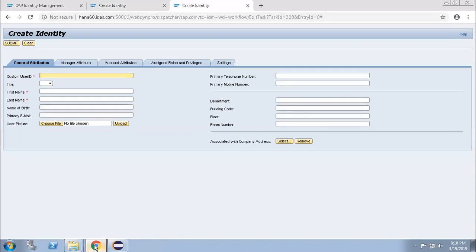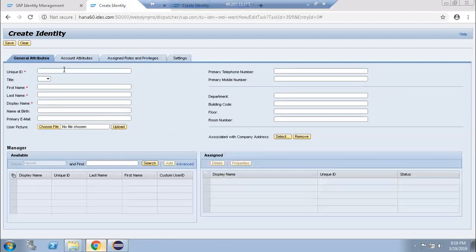Yes. So basically the standard one you can create on your own. If this is the standard one and you create the user like this, suppose test user 10, first name test, last name user 10, you have to mention the display name as well.